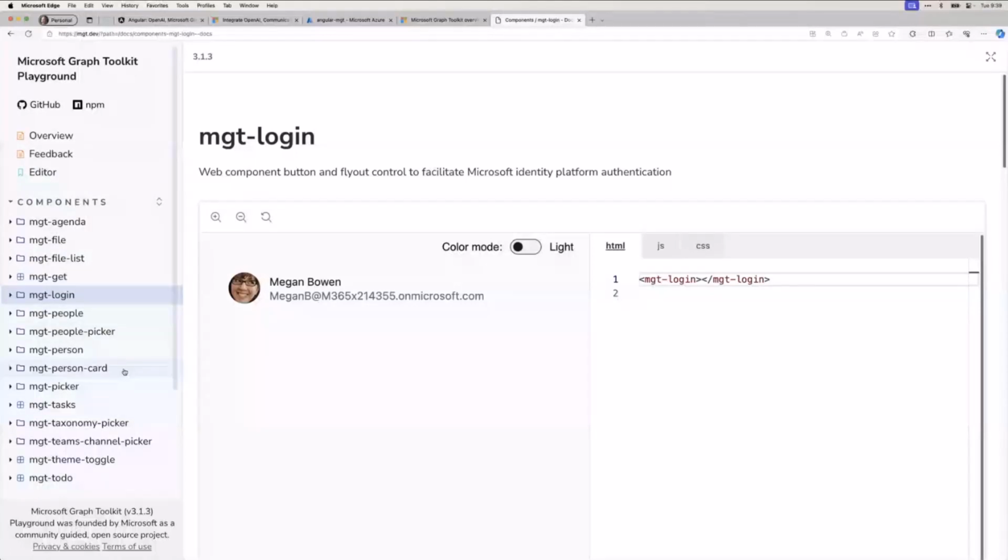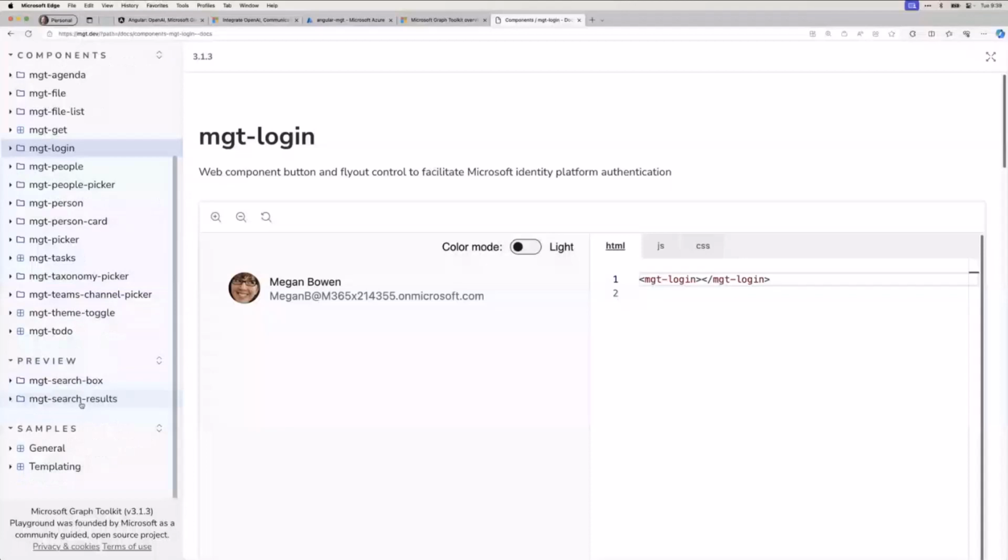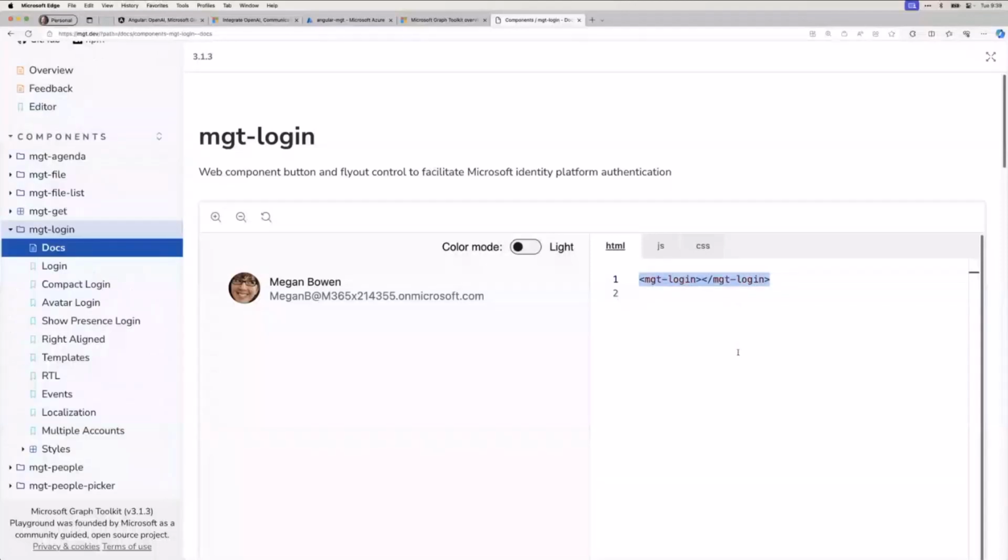There's some new ones. If we go down to the preview, next week we're going to talk about the search results, which is amazing. It'll eliminate a ton of code that you used to have to write. So we'll talk about that next week. But if we go to the login here, you can get to the docs, and this is literally all you'd have to do. Now, there's a little more to the story, which I'll show you in a moment, but